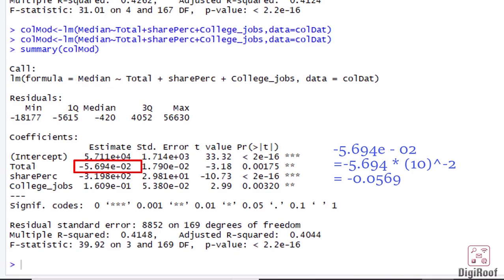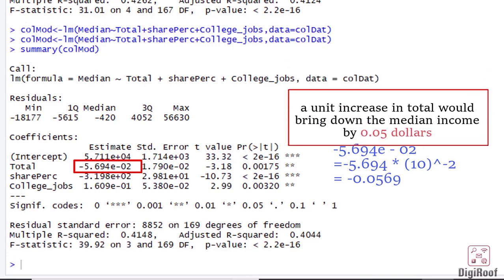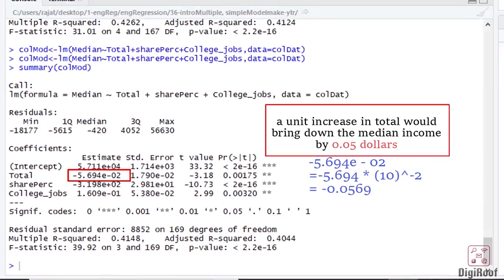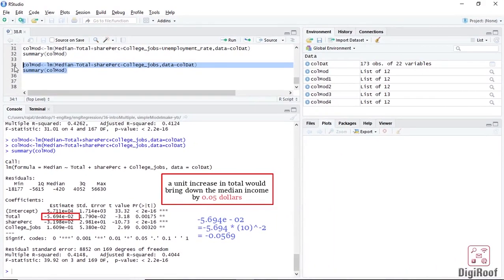Since slope is the change in response variable caused by a unit change in predictor variable, and the slope value we have is minus 5.6 e minus 02, we can say that a unit increase in the number of students in a field would bring down the median income by $0.05. The minus sign here indicates that there is a negative relation between the predictor and the response. Remember, minus 5.6 e minus 02 can also be rewritten as minus